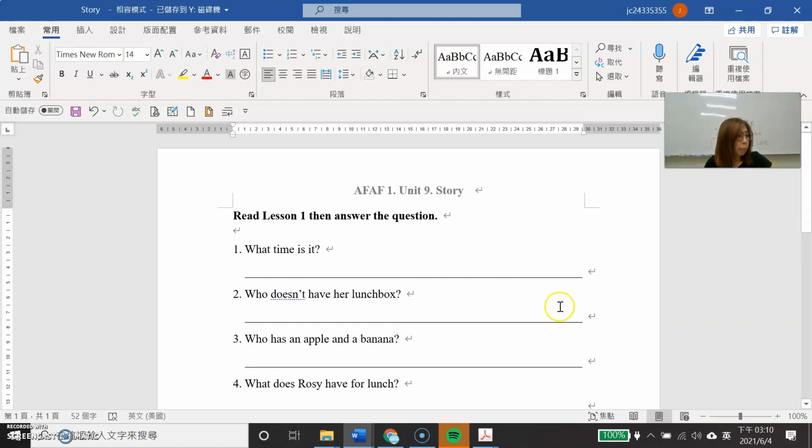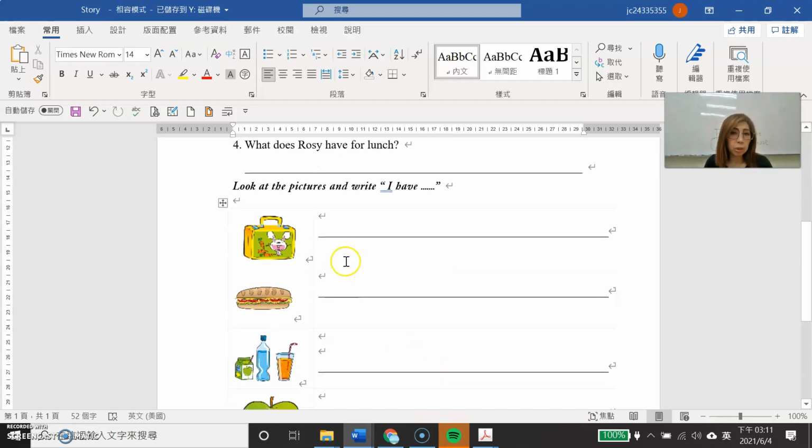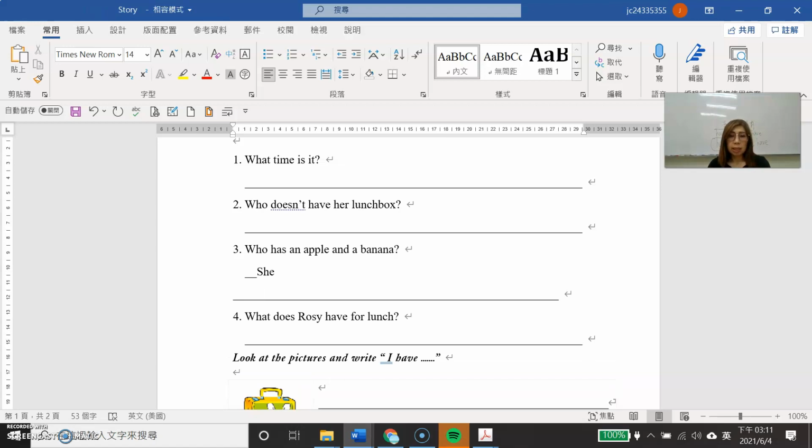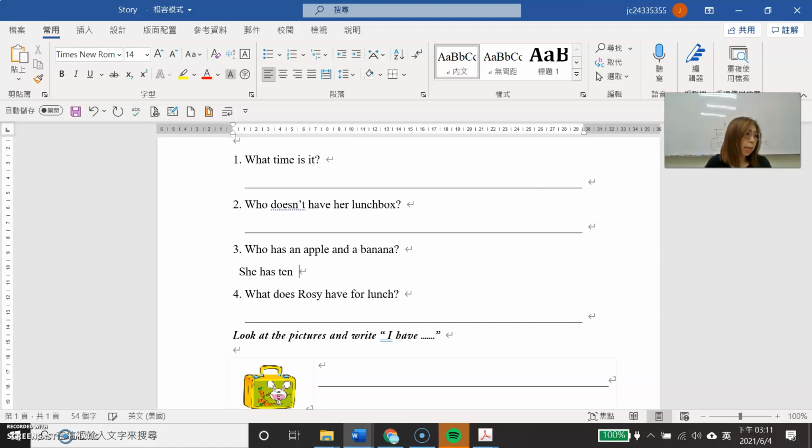Okay. Who has an apple and a banana? Who has an apple and a banana? I don't know who the girl is. What is her name? Okay. 你要把她名字找出来。A girl. A girl has. 如果你找不出来，你就写 A girl has an apple and a banana. What does Rosie have for lunch? 要看第四个 picture. Okay. So 你就把它写出来啊。She has sandwiches and 你就把它写出来，OK。所以如果我把这个答案给你的时候，你就把它删掉就好了。你可以回传给我，OK。